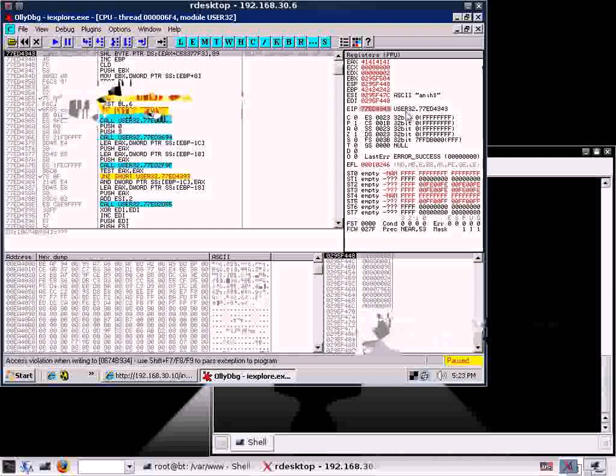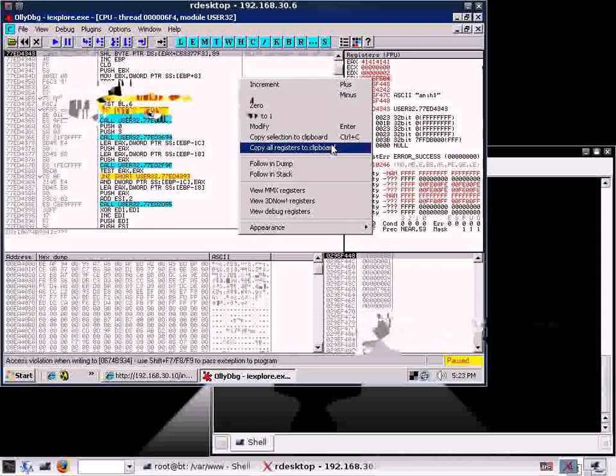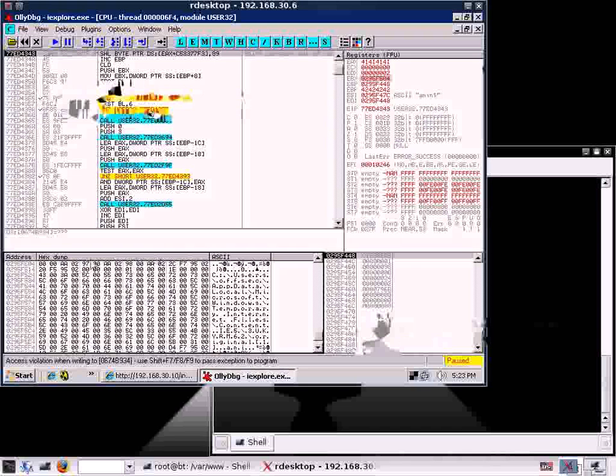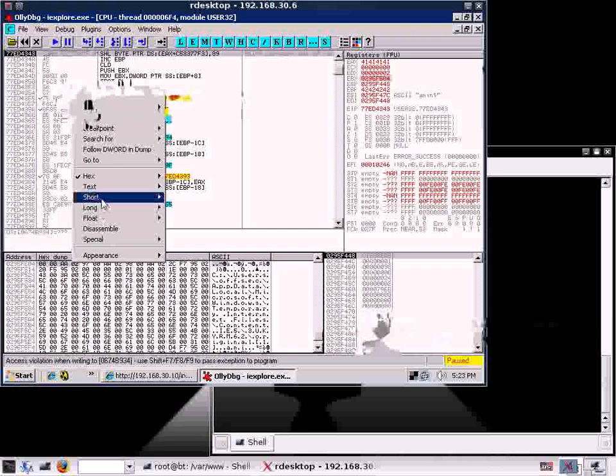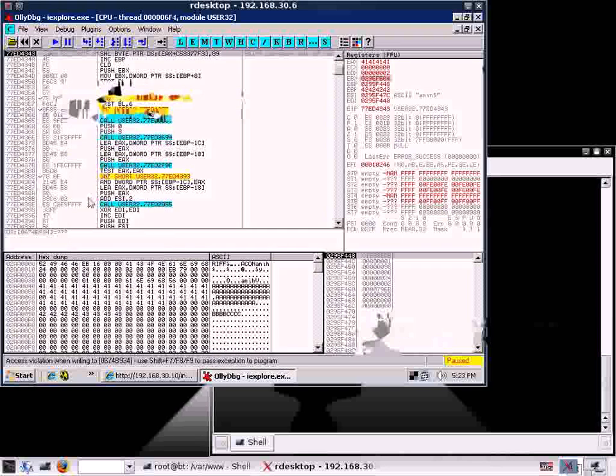Another interesting point to notice is the location of our buffer. If we look at the EBX register, it's pointing to an address which points to our buffer. We've basically been redirected to the beginning of our ANI header. So EBX contains an address which points to our user-controlled buffer. This is the beginning, the header of the ANI file,